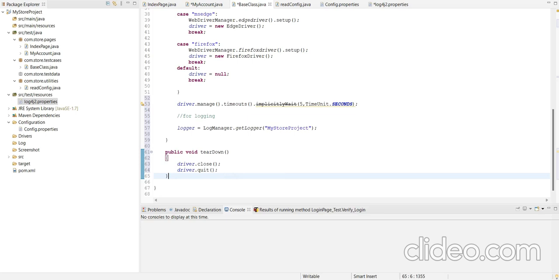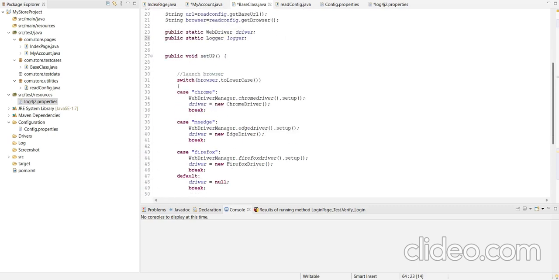Here the interview question will be the difference between driver.close and driver.quit. So the difference is driver.close will close the current browser which is opened by the WebDriver instance. So it will close the current browser, and driver.quit will close all browsers which are opened by the WebDriver.